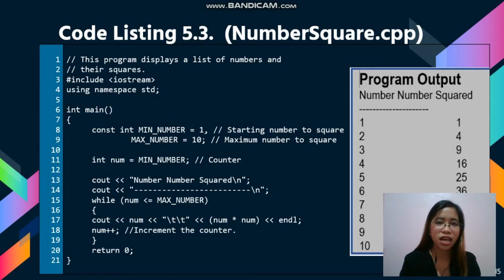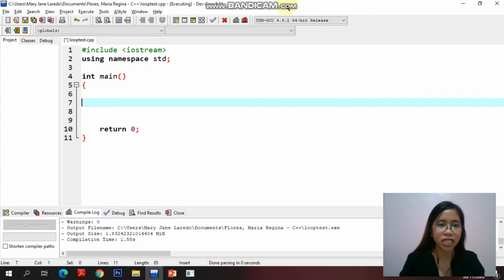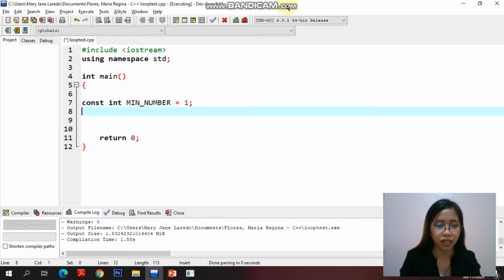Yan. So let's have another example. So let's have a program that displays a list of numbers and their squares. So the first step, again, is to initialize value to a certain variable. For example, int minimum number, and you have to initialize value, which is 1, and int max number is equal to 10.